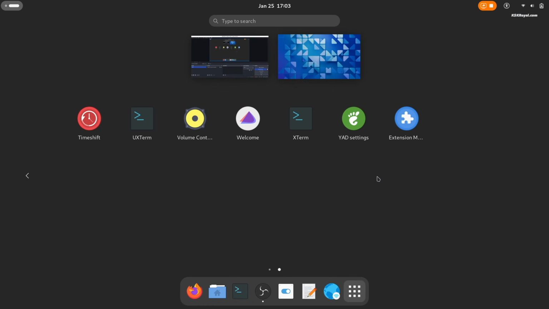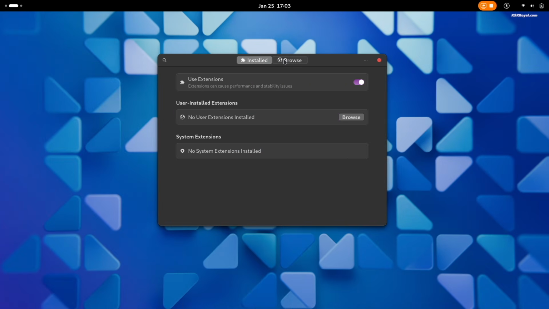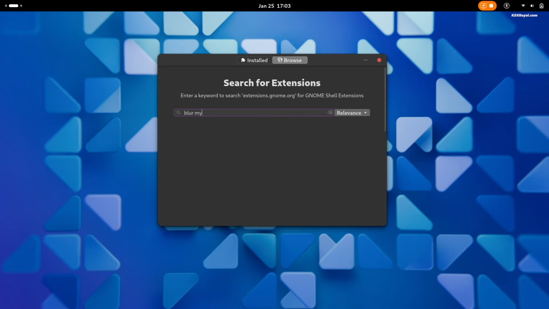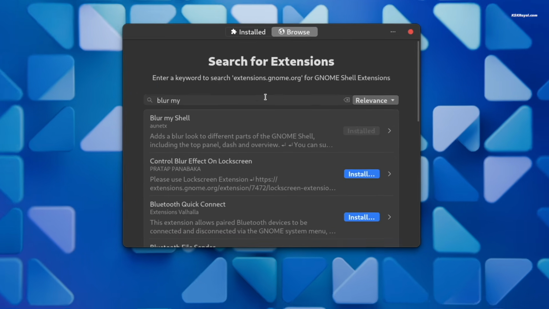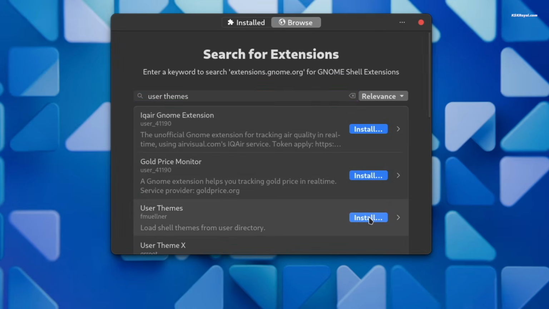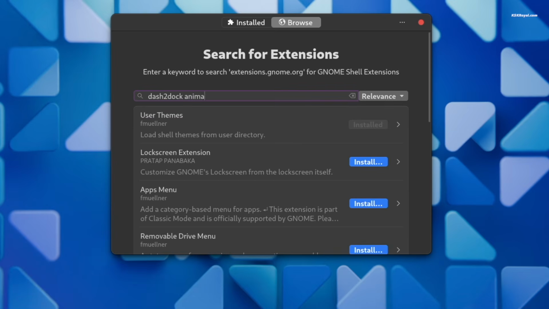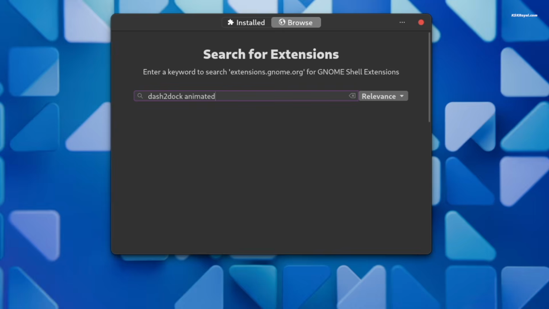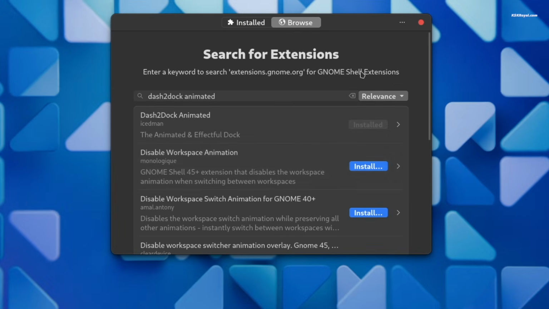Now let's enhance the user interface by installing some extensions. Open GNOME Extension Manager, click Browse, and search for Blur My Shell and install it. Next, install the User Themes extension. For additional customization, consider installing extensions like Dash2Dock Animated, Searchlight, and GNOME 4X UI.